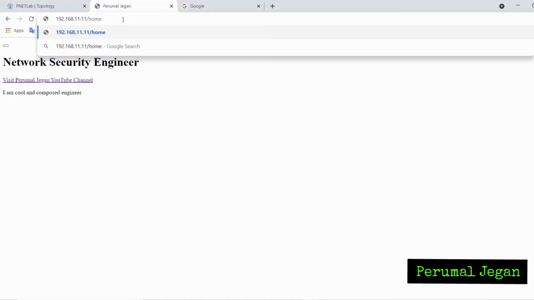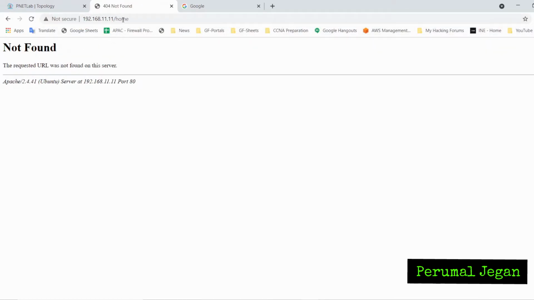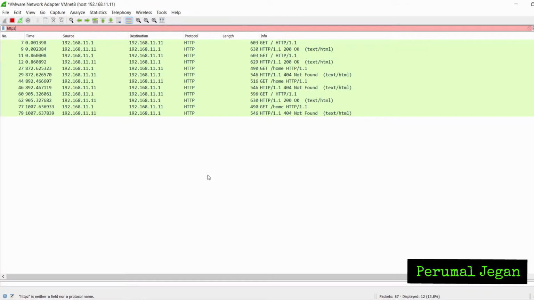I'm trying to query the contents in a path, home. Let's see what content we get. When I throw this request, I'm getting the response 404 not found. You may see the code here, 404. It has a meaning. Let me show that. Now you are seeing the appropriate packet capture for that invalid request.